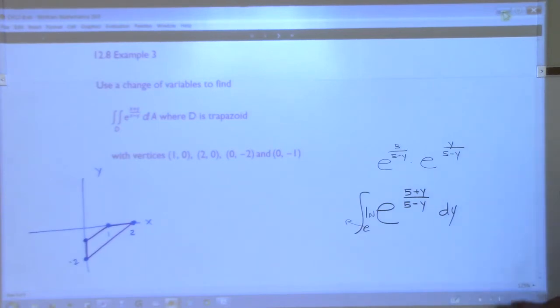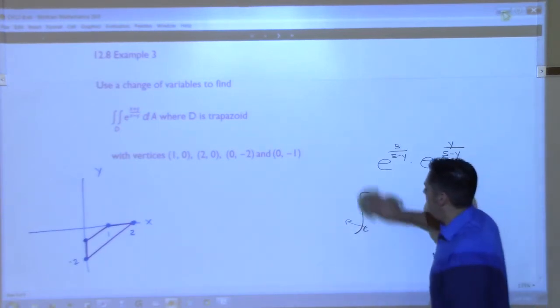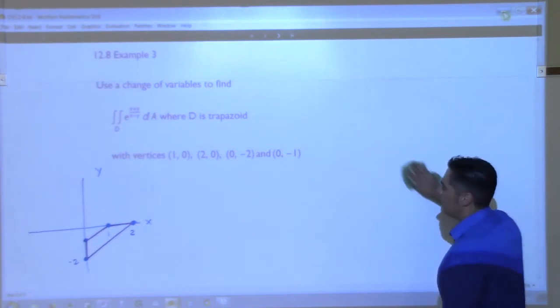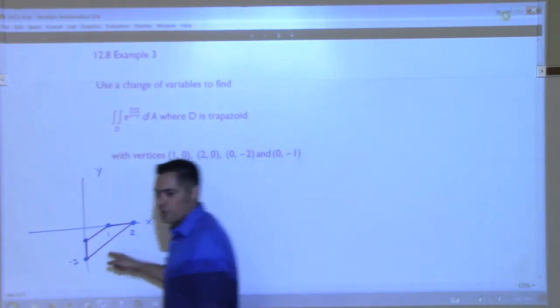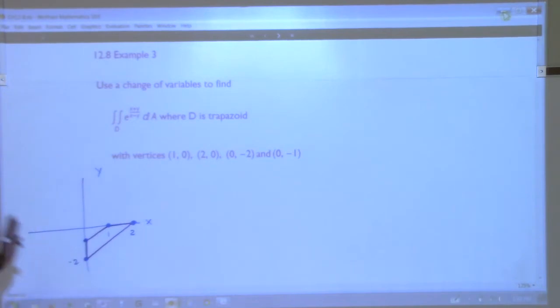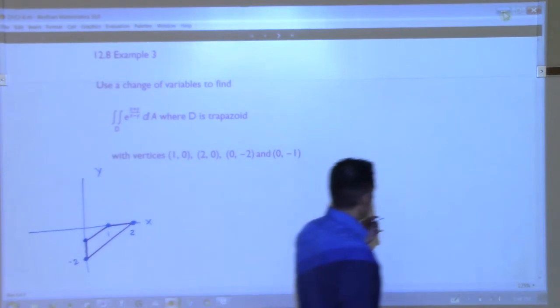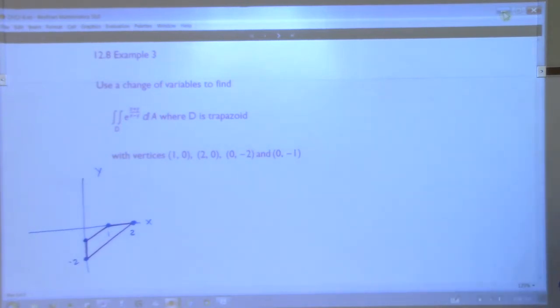Okay. All right, so have I somewhat convinced you that even though the region of integration looks approachable, the integral itself doesn't seem like something we want to mess with? All right? So how about this? I'm going to let you see if you can come up with what we might be able to use